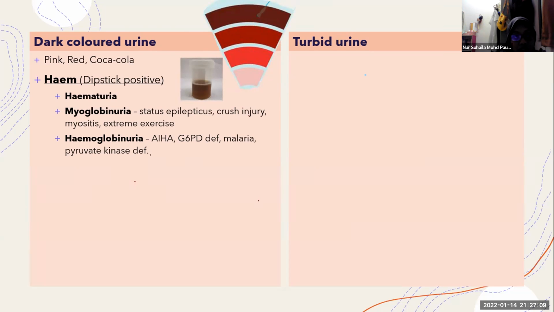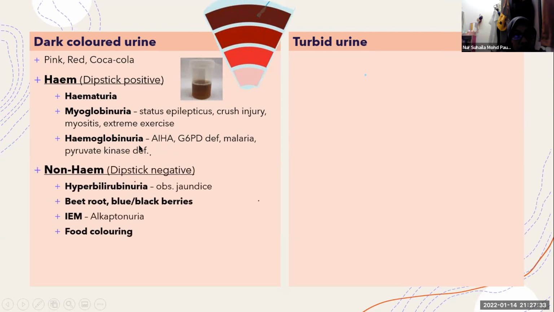Myoglobinuria is due to the breakdown of muscles, such as in status epilepticus, crush injury, myositis, and extreme exercise. There is also hemoglobinuria, such as in autoimmune hemolytic anemia, G6PD deficiency, malaria, and pyruvate kinase deficiency. Dark colored urine can also be due to non-heme causes that present with a negative dipstick,